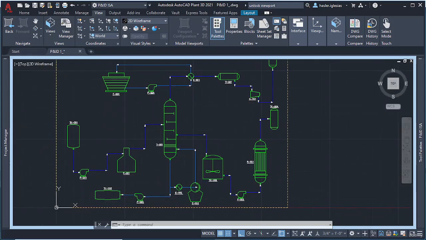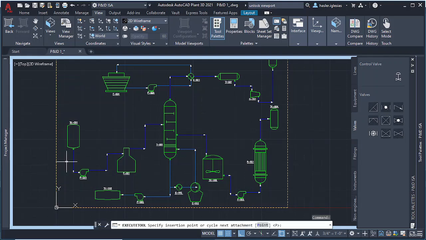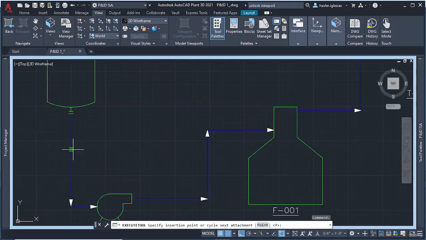We're going to start with the valves, okay? So, we're going to the palette of valves, and here we are. We have these different kinds of valves. For the first one, I'm going to choose a globe valve, as we can see here. If you place the cursor over the different symbols of valves, you will have an explanation, okay? So I'm choosing a globe valve, which is going to be here,